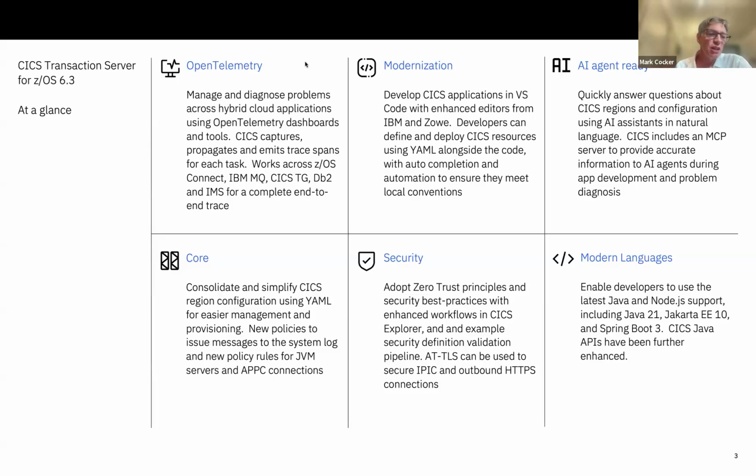And in addition, there are some editors provided by IBM Red Hat to support YAML editing, and we've been doing some particular work there around helping developers support config as code scenarios where they are not only writing their source code, but they may be describing the resources in CICS that are edited and managed alongside that source code.